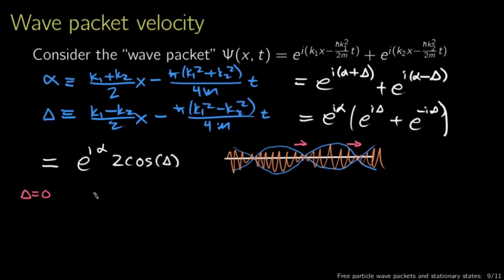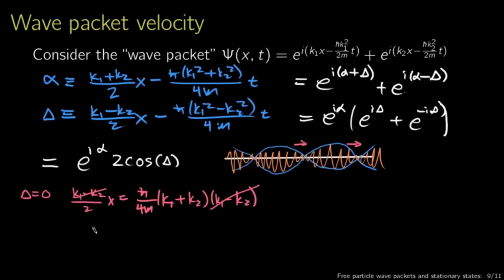What I get then is (k1 minus k2) over 2 times x being equal to h bar over 4m times (k1 squared minus k2 squared). I'm going to look at this as the difference of two squares, which I can factor: k1 plus k2 times k1 minus k2. I can then cancel out this and this,